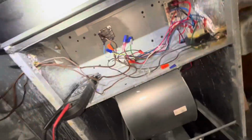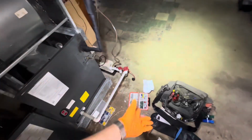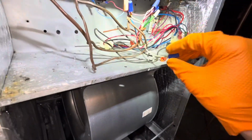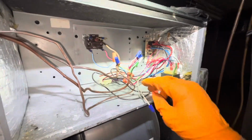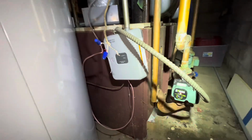Interesting. Okay, so I think it's dumb what I had to do here, but this is what I had to do in the situation that I'm faced with right now. That relay up there is new. It's just a standard relay there. We had two wires that go from the unit over to the boiler. And when Peter was here, he replaced this relay with the switching relay. The switching relay has its own transformer, so now,